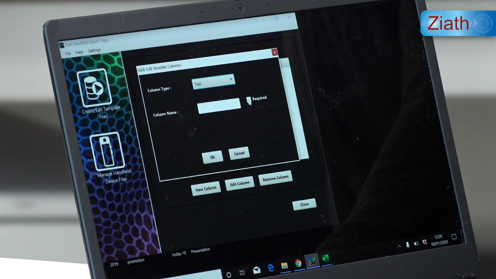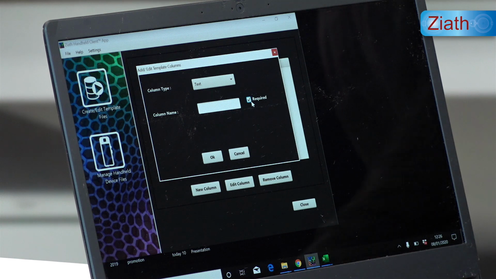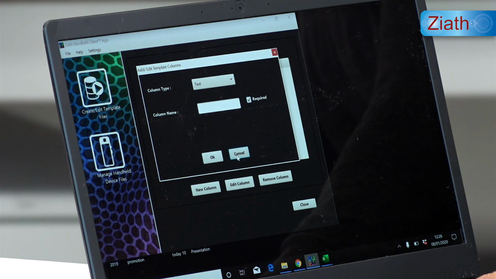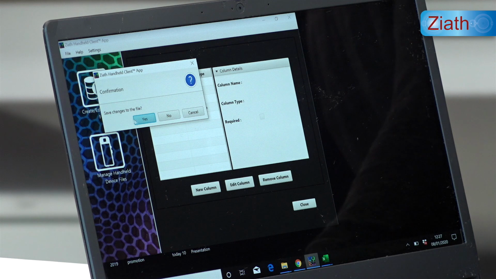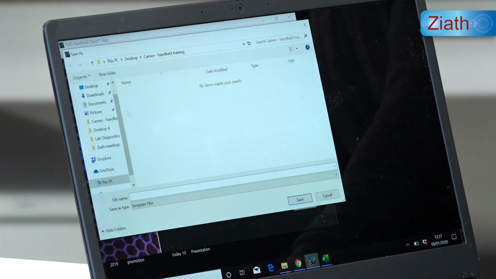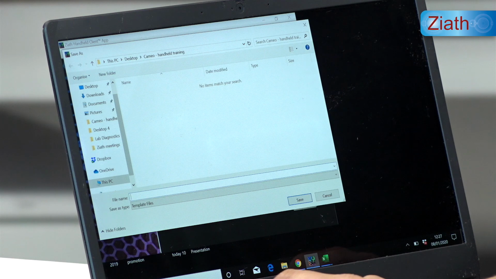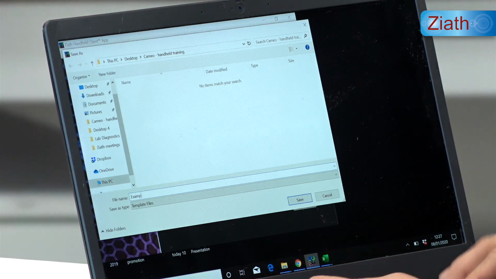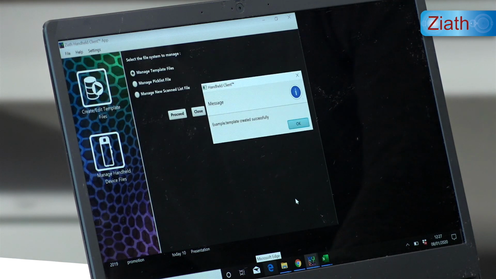The field can also be required, which means when the sample data is added to the handheld, that field must be included. To save the template, we must click to another part of the handheld and save the file with the name of the template that we want it to appear on the handheld. In this case, I will use the template name of example. I must then save the template file